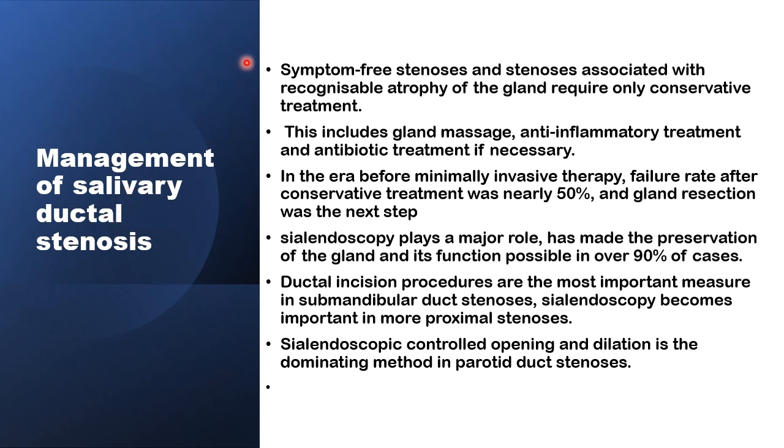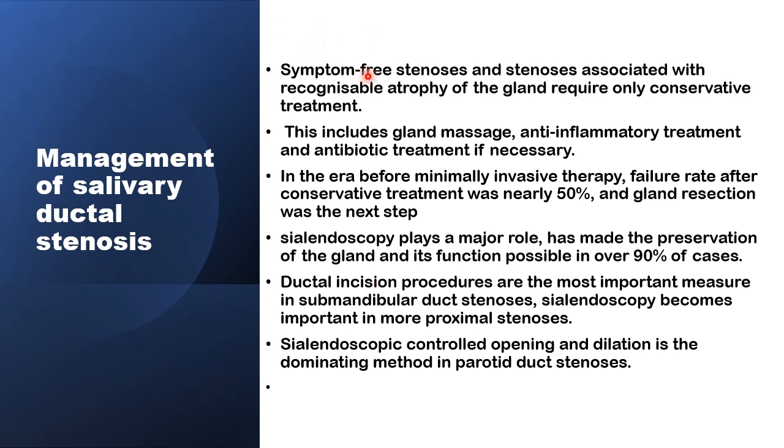There are 3 groups of management policies in salivary duct stenosis. For the very mild, and when the gland is starting to atrophy, there is conservative management. For the very resistant or very severe symptoms in which treatment fails, there is the ablative process and gland resection. In between there are interventional procedures, either using the sialoscope or open duct incision through the oral mucosa in the case of the submandibular gland, or externally in the case of the parotid.